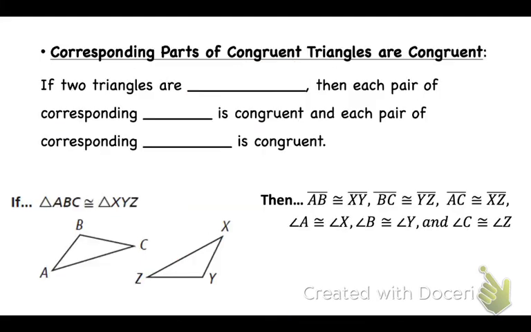Yes. Okay, so corresponding parts of congruent triangles are congruent. Now let's think about that. Well, that really kind of makes sense, right? So corresponding means if I picked the angle up and placed it on the other triangle, it'd be exactly in the same place, wouldn't it? Okay, so if two triangles are congruent, then each pair of corresponding sides, or angles, it doesn't matter, is congruent, and each pair of corresponding angles